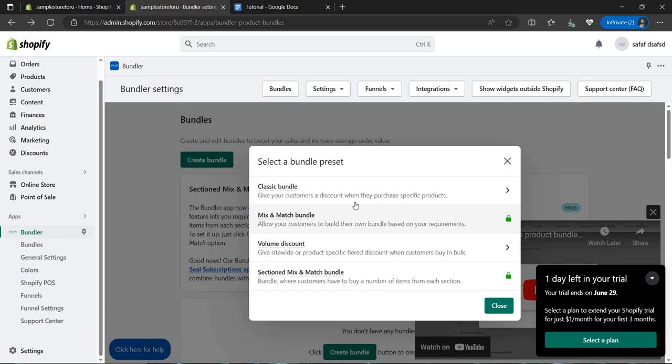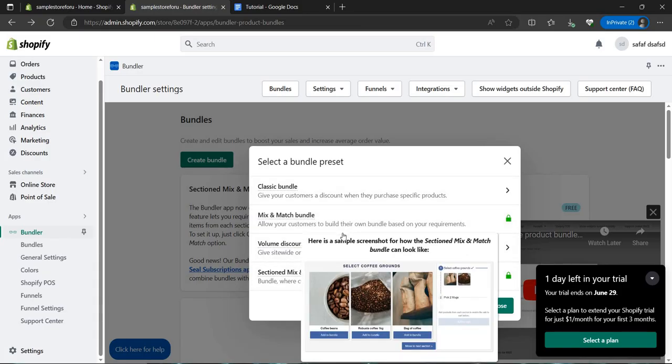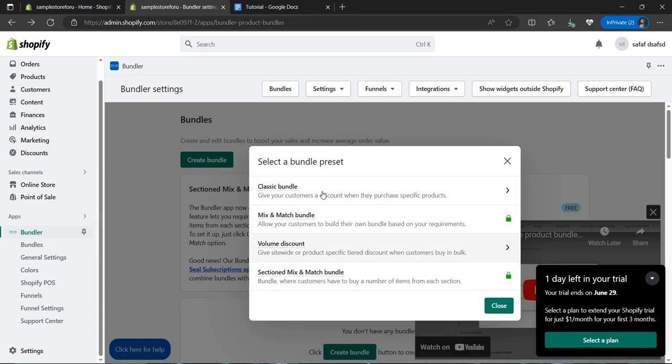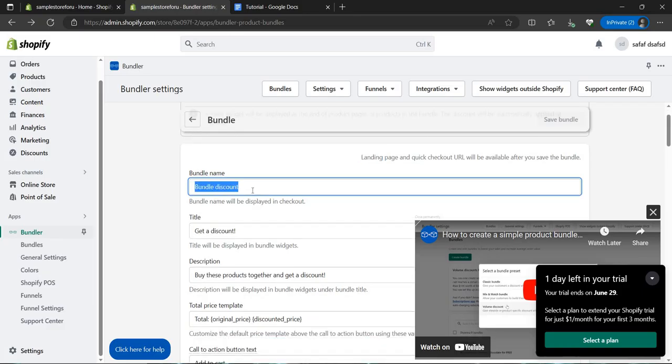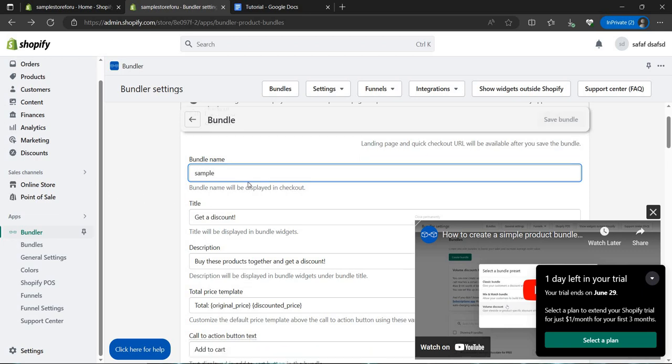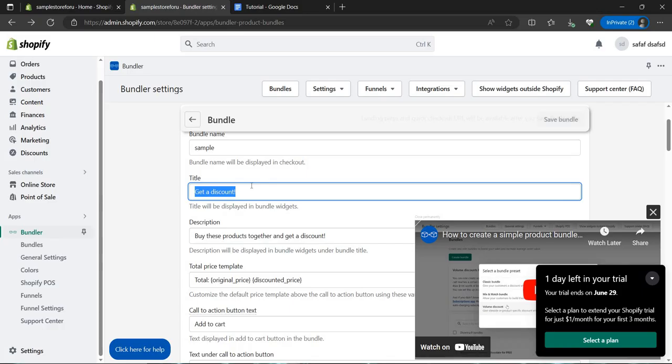So here it gives us four options. These two options are for premium and these two options are for us. So we can just create a classic bundle. To create it, we have to just click here, and here we have to just name the bundle. So we just name it sample for this video. You have to name it your name, just sample, and the title will also be sample